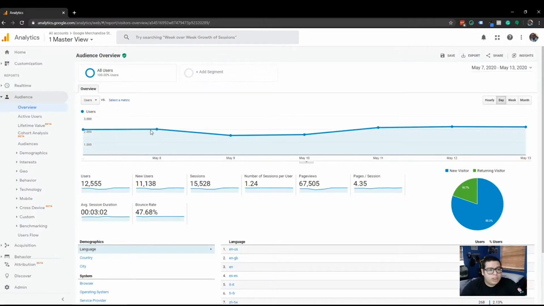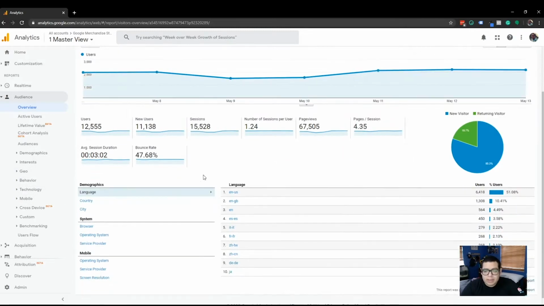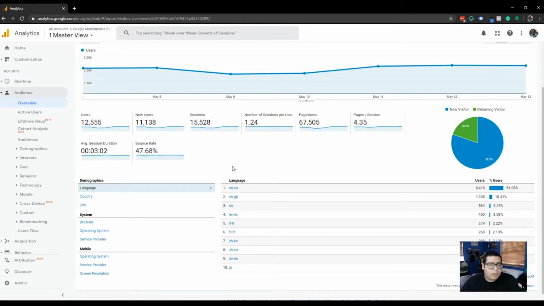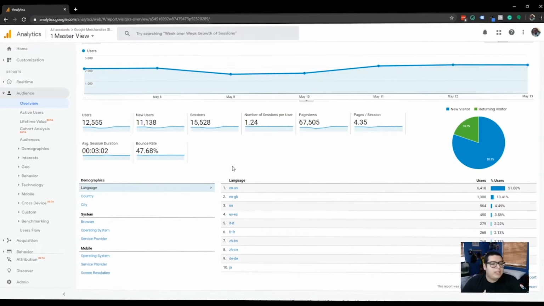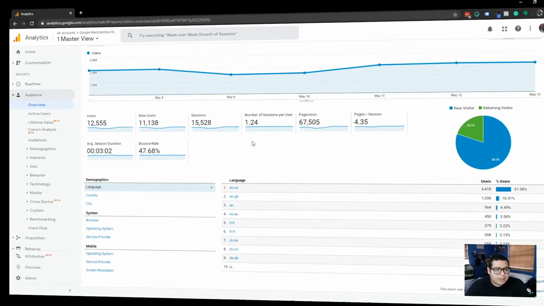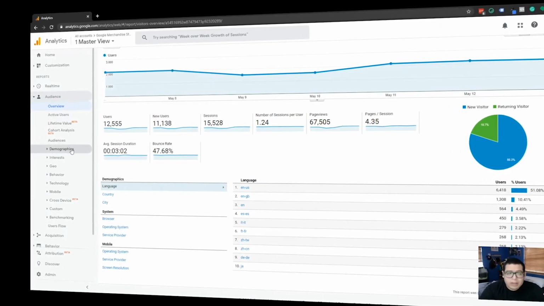Alright, so starting off in the Audience tab is the Overview section. Now this is the most common. People are just going to click on this and then see a few stats and numbers here, and it's not going to really tell you that much. I think language doesn't really help you. Most of your websites are going to be based on one language. If you are international, then maybe it'll be helpful, but you'll probably already know the majority of where your audience is actually coming from, depending on where you're advertising or your traffic sources, where your website's posted, and stuff like that. So we're actually just going to skip over this overview,